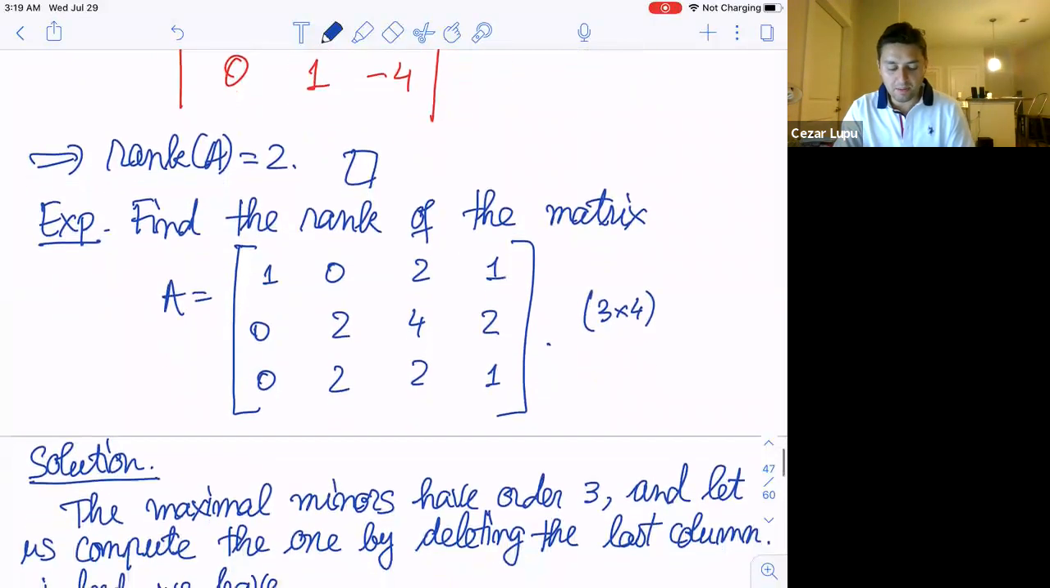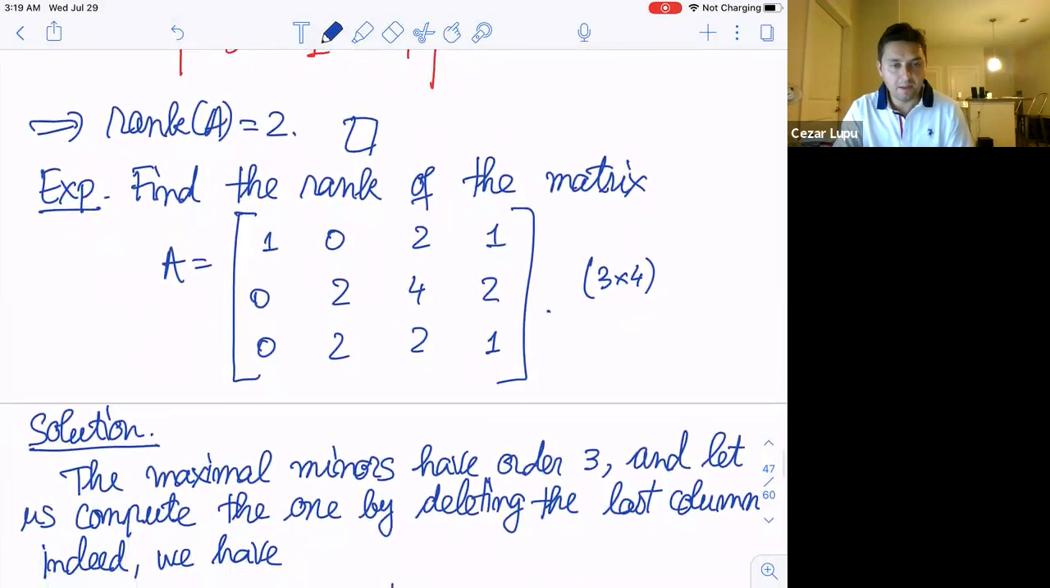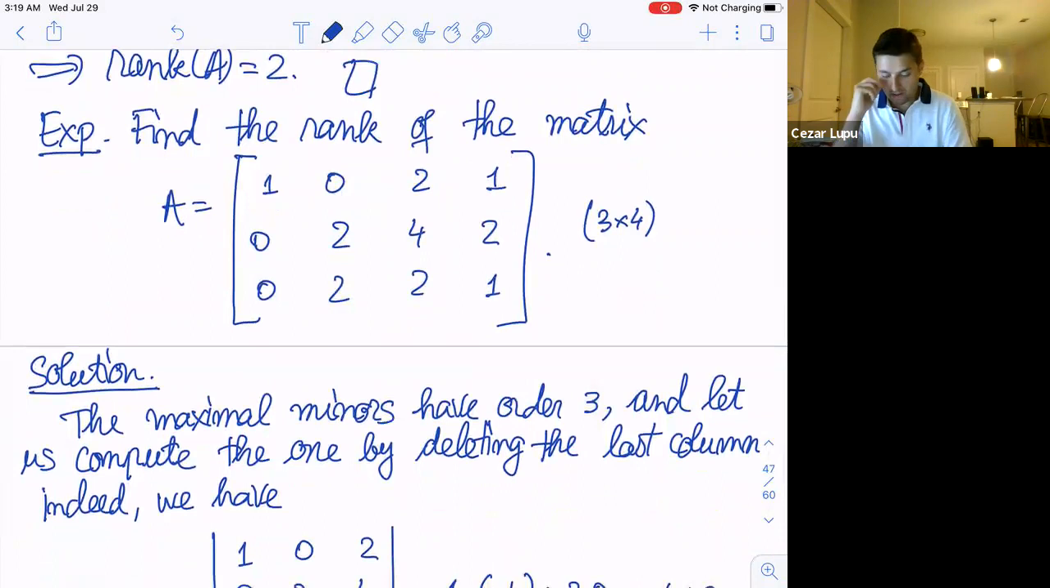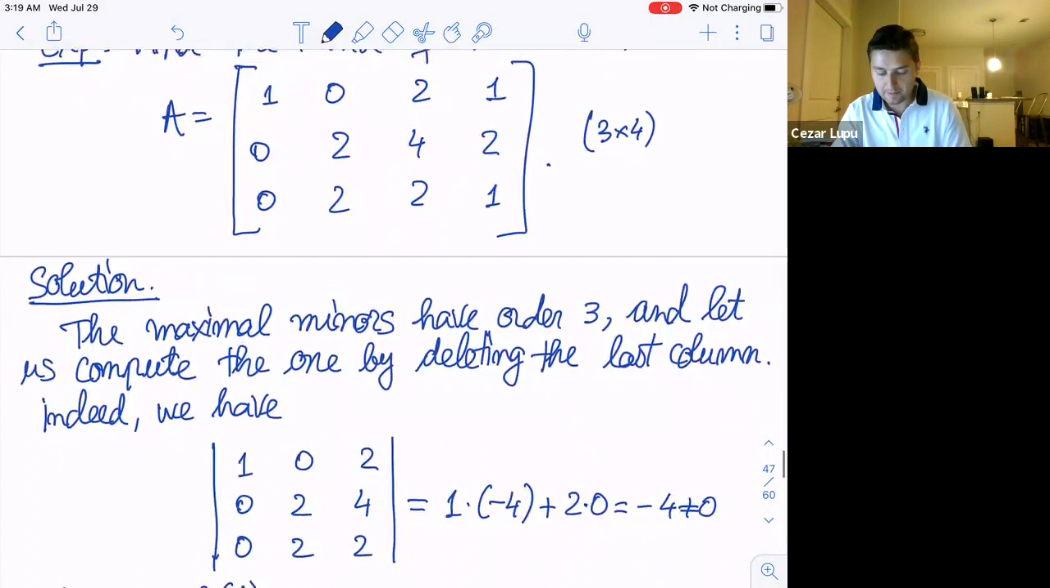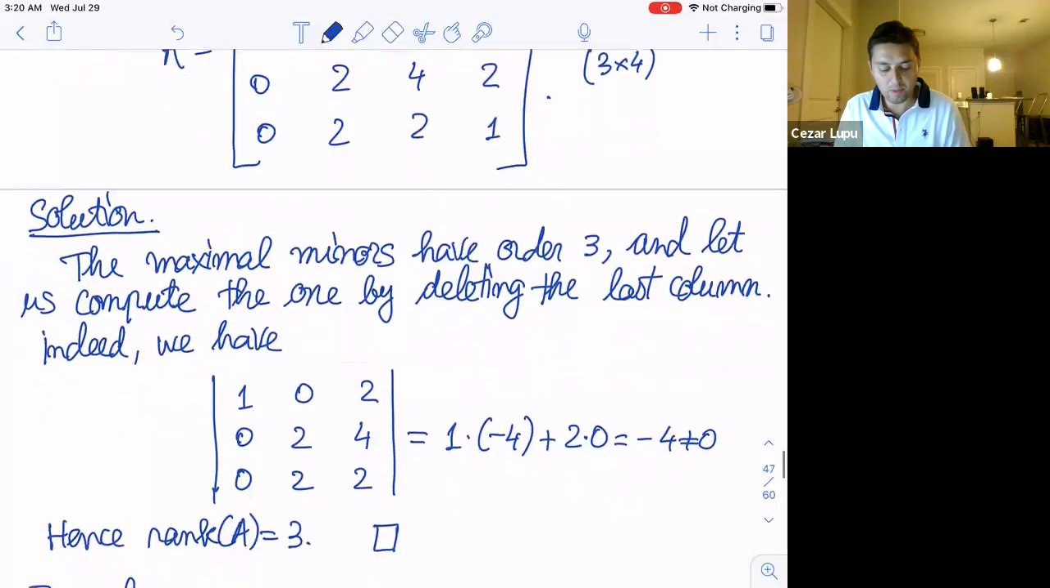Like I said, the maximal minors have order 3. And let us compute the one by deleting the last column, right? So we have the following. If we compute the last one, which is given by 1, 0, 2, 0, 2, 4, and 0, 2, 2. And we're lucky, the determinant will be non-zero, so I can stop here. The rank will be